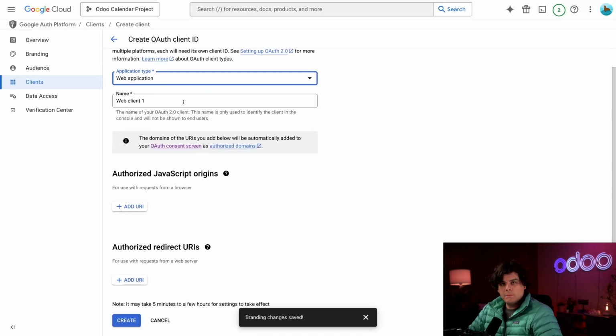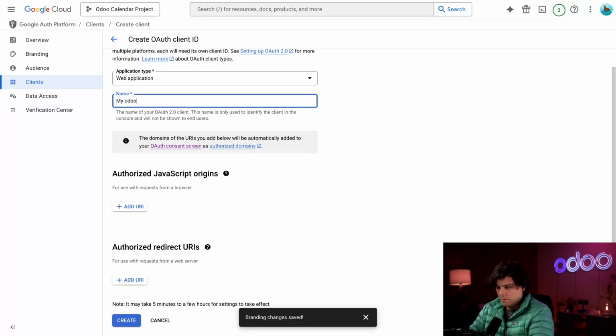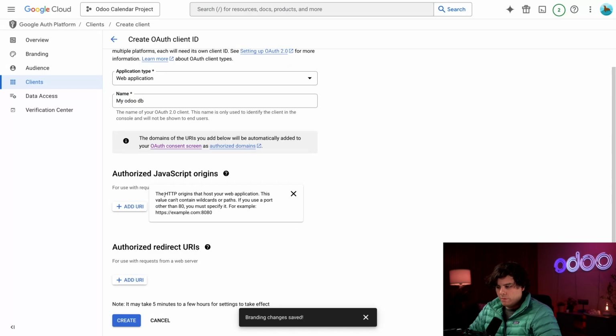And we're going to need to be able to create one with a name. What are we going to do for this one? I'm just going to do my Odoo DB for database. All right, perfect. So under